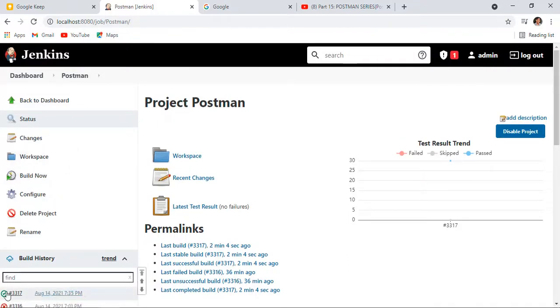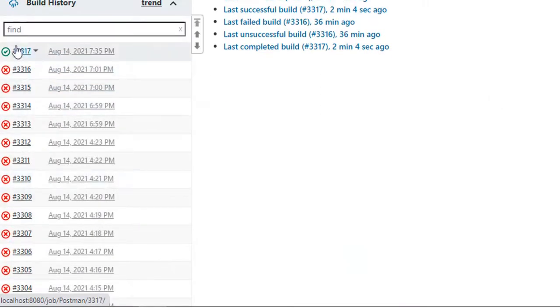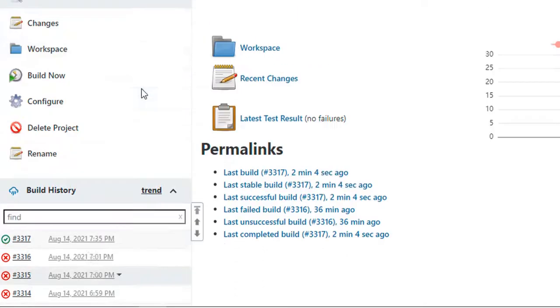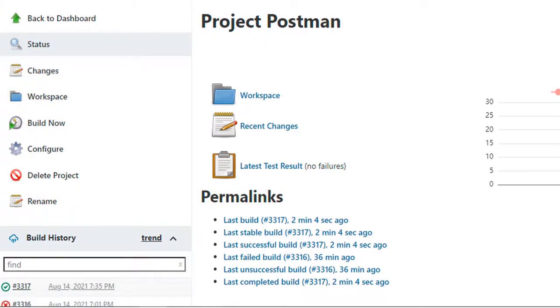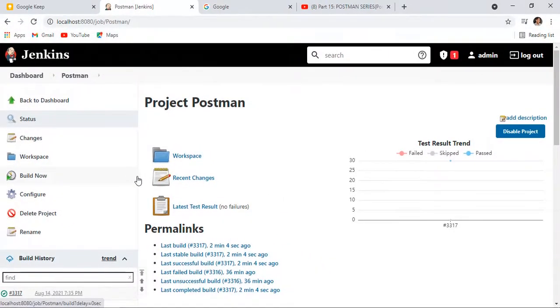And one more thing, we can see all test cases are passing because there were two test cases which kept failing in my previous videos. Because of the demo, I had explicitly failed those two test cases. Now I have made both test cases pass, so that we can see this green, right? Otherwise the build will keep failing. That's not good. Every time we will see all 30 test cases passing. Okay, next I am going to talk about the HTML report. We have seen the JUnit report, and next we will see the HTML report.